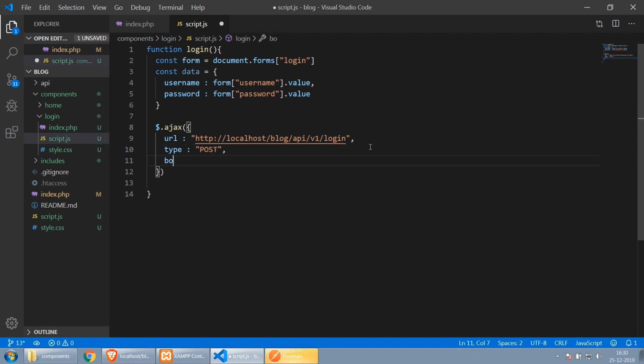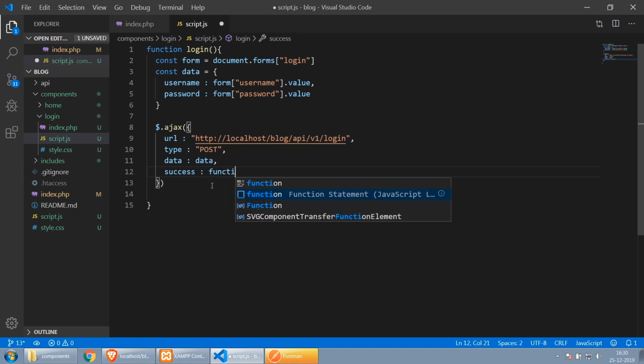You could say it's a body or a data. So I'd say it's a data. I just want to pass the data that's created. Then on success, I could use a function. Since AJAX also acts as a promise nowadays, if you want to use it as a promise, you could use that, but I just want to say if it's a success, I just want to get a function. Okay,